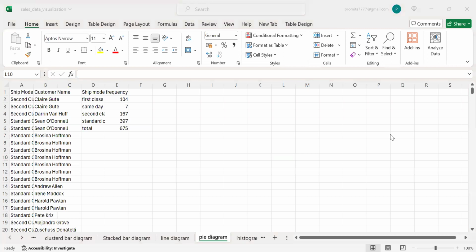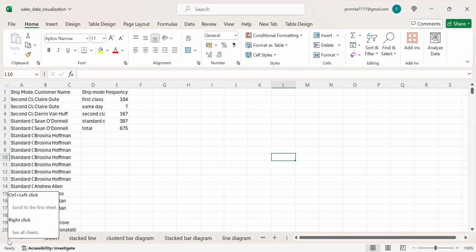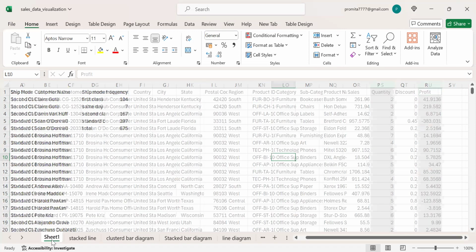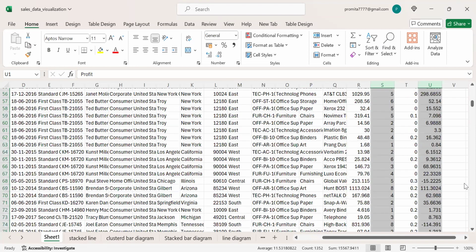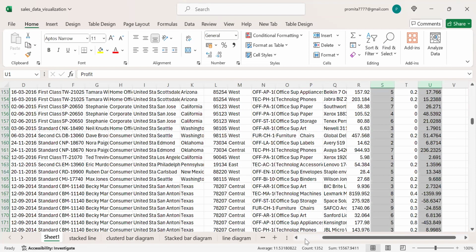So today we will be doing some exercises on data visualization, and we will be revising some of our old concepts of data pre-processing using different functions or pivot table, etc. while doing so. So here we have a data. It's a data with around 675 observations, and it is showing